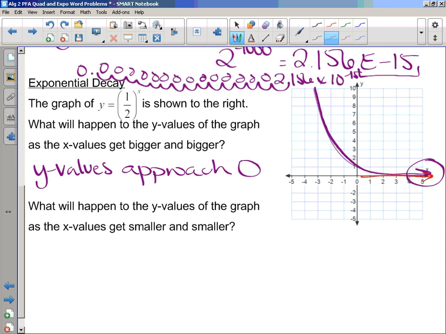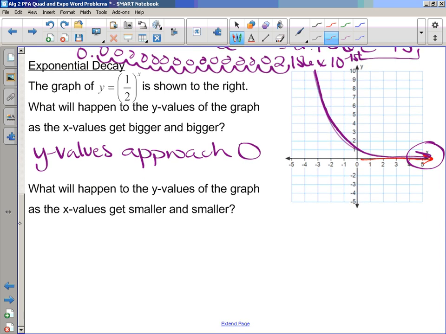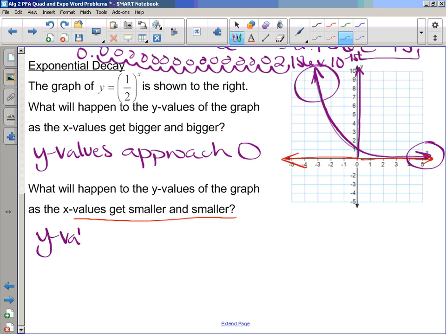Next question. What will happen to the y values of the graph as the x values get smaller and smaller? When x values get smaller and smaller, we're talking about the left side of the graph. What's happening to it? It's pointing up. The y values, remember the y-axis, are getting bigger and bigger. Positive big numbers. So that means the y values approach